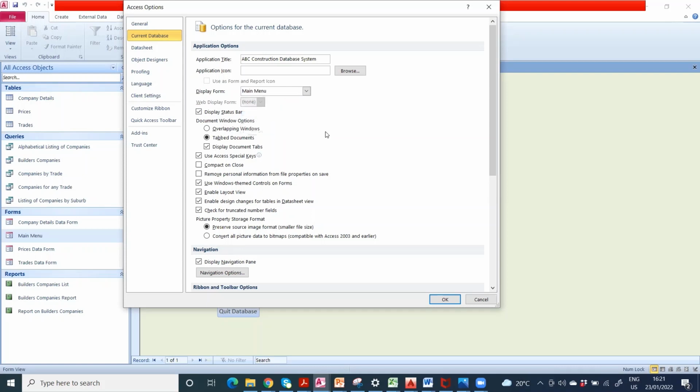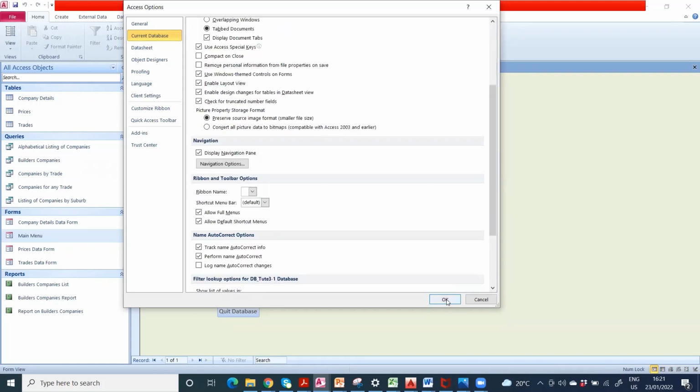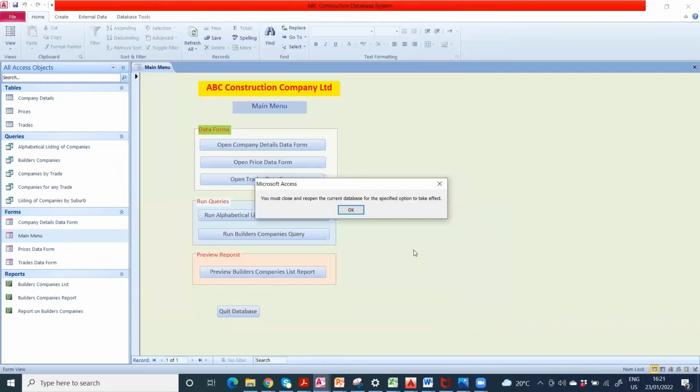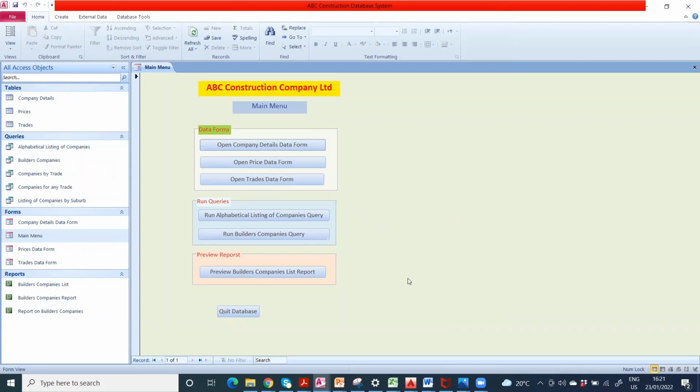Let's set our main menu as that form, and click OK. So you must close and reopen the current database for the specified option to take effect. Right. Now we can use this quit database button to quit from this application. Now, when you click this button,